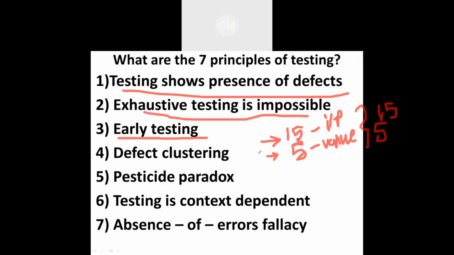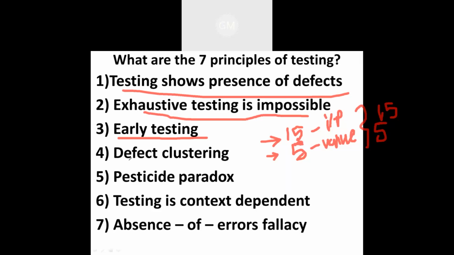implementation. Testing should not be started then. So in the previous lecture also I explained that development as well as testing should go parallelly. So we can say that testing should be done in the early stage of the development cycle, so that it is mainly focused on the defined objective. That is early testing.